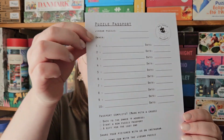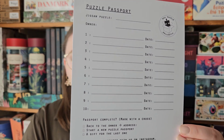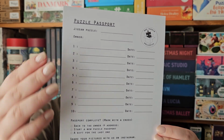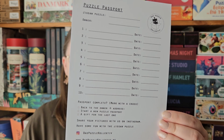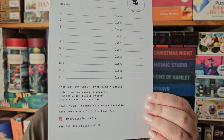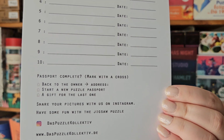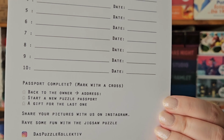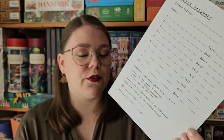So this is a really sturdy, nice piece of cardboard. And then you can see you can write the name of the jigsaw puzzle, the name of the owner of the puzzle, and then each person that does the puzzle can write their name and the date that they finished it. And then you can see there is room for 10 people to do the puzzle, and then you can mark off what to do when the passport is complete, if it's going back to the owner, if you start a new puzzle passport, or if the puzzle is simply a gift for the last one to fill out the puzzle passport. I think this is a great idea, and as I said, you get one of these with every